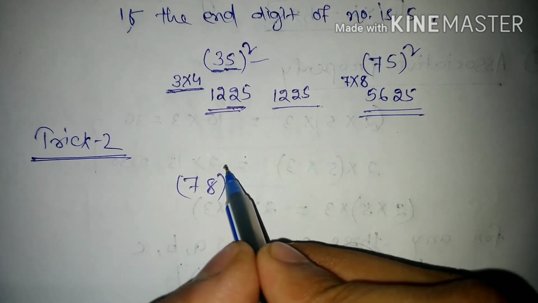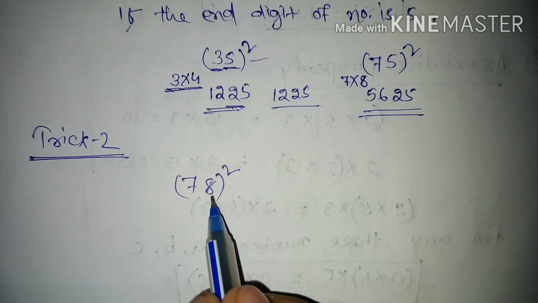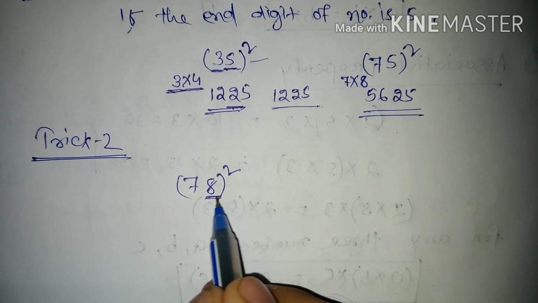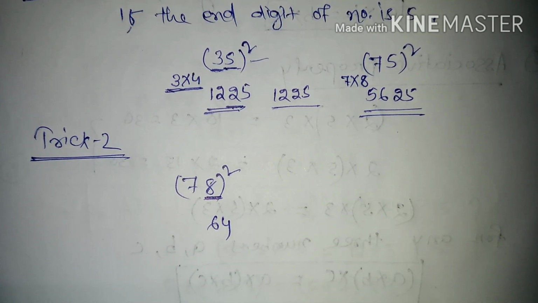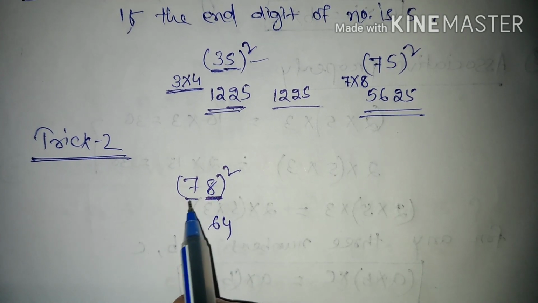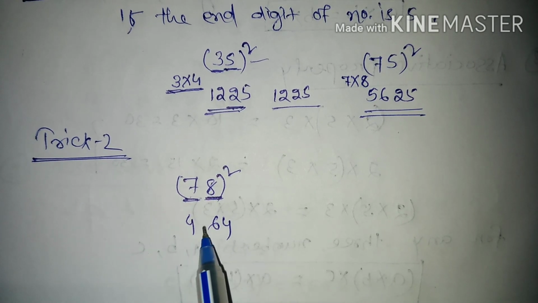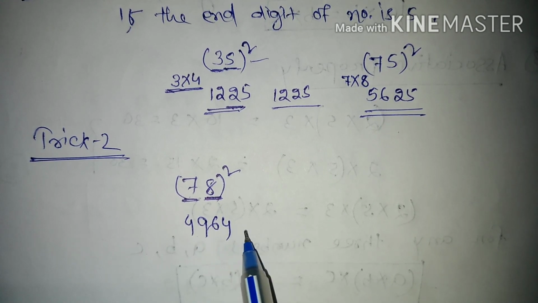Now I have to find the square of this type of number. Here also we have to do 2 steps. So what is the first step? In the first step, we have to write the square of the first digit. What is this digit? 8. What is the square? 64. Then we have to write the square of this digit. 7 square is 49. Okay, 8 into 8 is 64, 7 into 7 is 49. What number did I get? 4964.